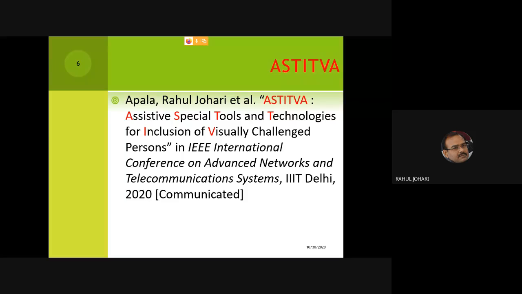Now this is another paper which has now been communicated by us. It's called Astitva: Assisted Spatial Tools and Technologies for the Inclusion of Visually Challenged Persons, which we have communicated to the conference to be held in December 2020 at IIIT Delhi. This is another special paper for visually challenged persons, where we not only use the traffic light crossing algorithm proposed by us,